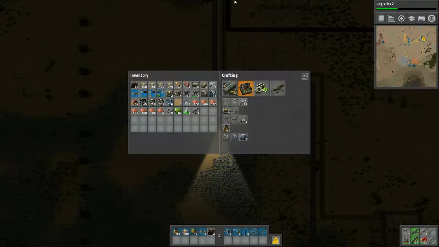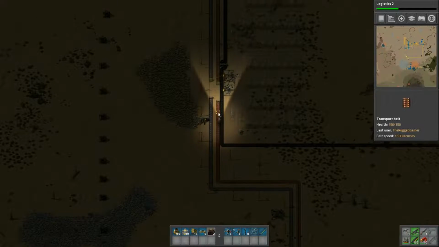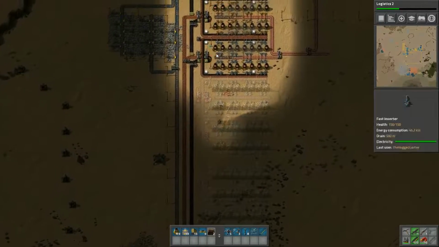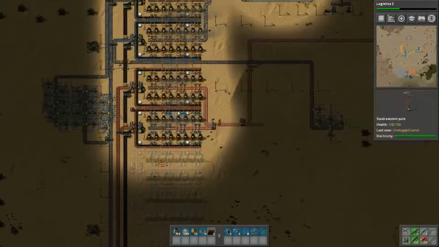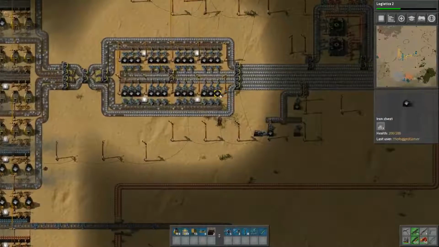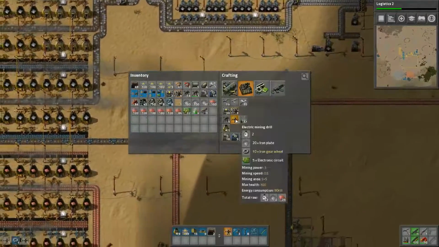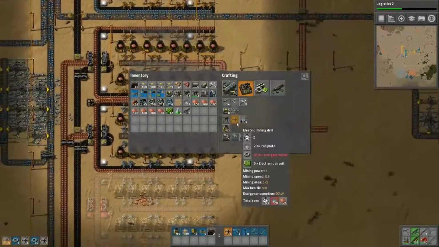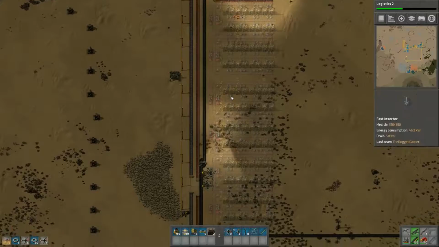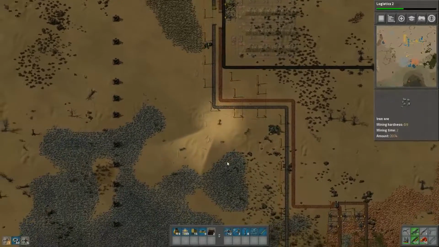Okay. Let's have a think. Right, let's get some more electric drills. Right, that's all backed up now. That's what we want. We want it all backed up like that there. This one's not running at optimum. They're nicely filled. There we go. Let's get some more electric miner drills. Obviously the more of these we use, the more pollution we're going to produce, so we're going to be really careful now. Well, I say that, we need to produce it, so...